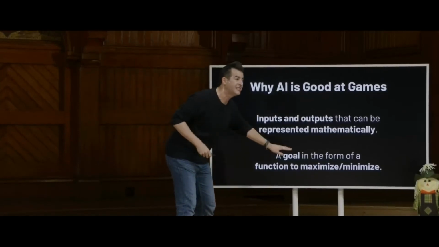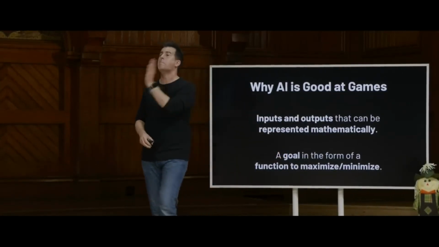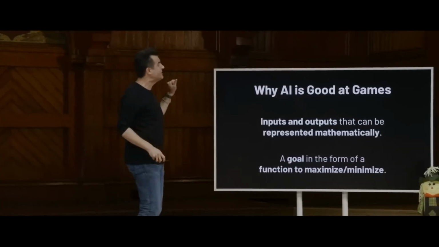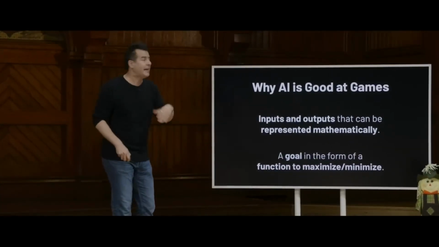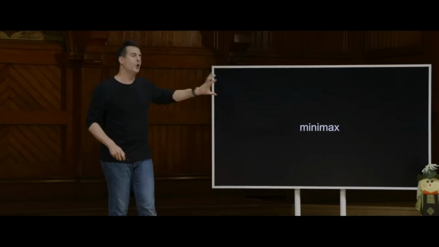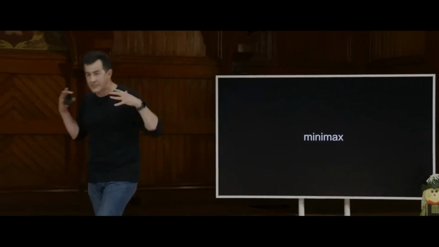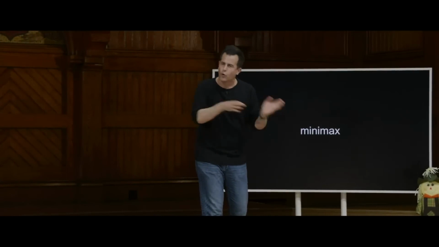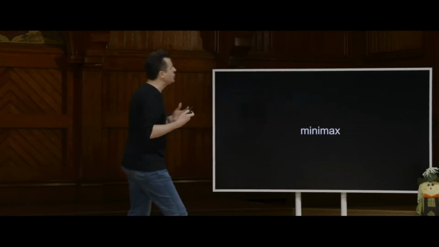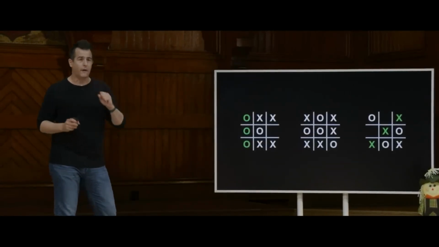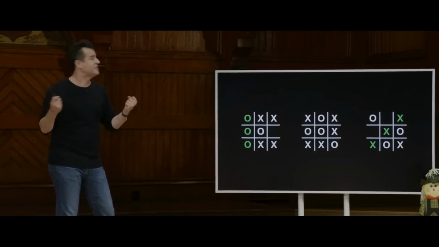And in fact, with most games, the goal is to maximize or maybe minimize some math function, right? Most games, if you have scores, the goal is to maximize your score and indeed get a high score. So games lend themselves to a nice translation to mathematics and in turn here AI solutions. So one of the first algorithms one might learn in a class on algorithms and on artificial intelligence is something called Minimax, which alludes to this idea of trying to minimize and or maximize something as your function, your goal. And it actually derives inspiration from these same decision trees that we've been talking about.